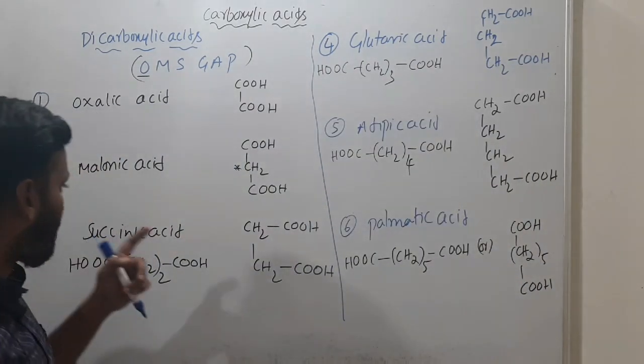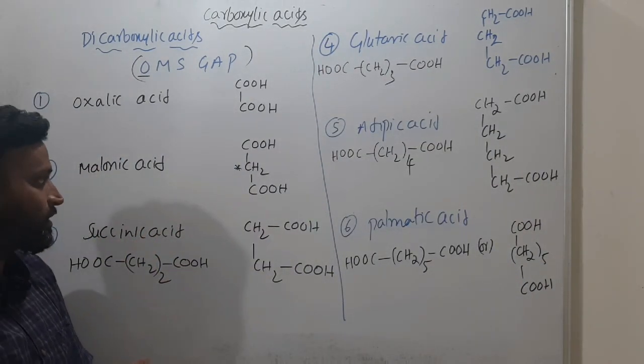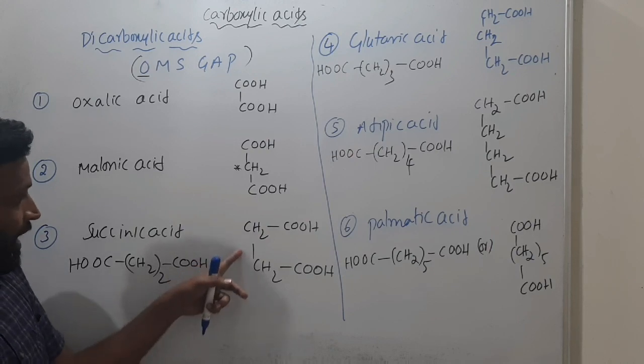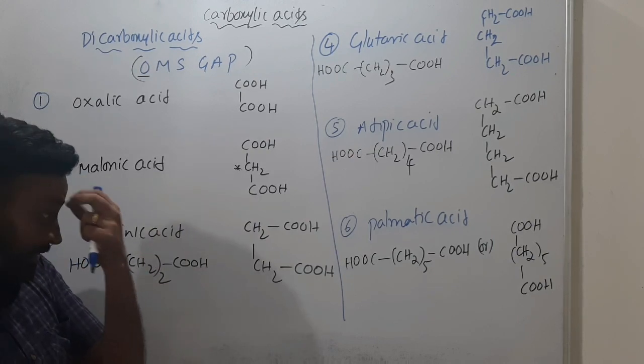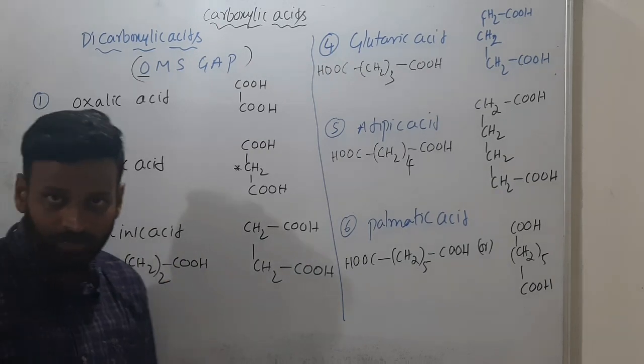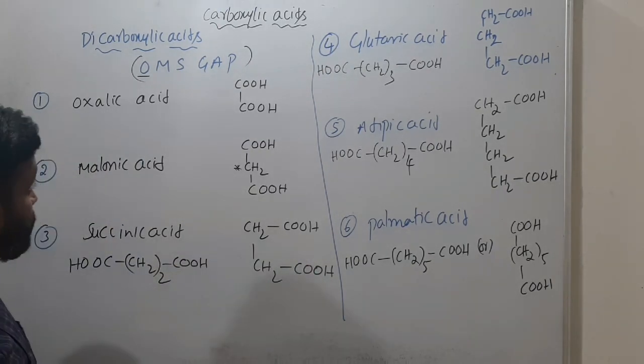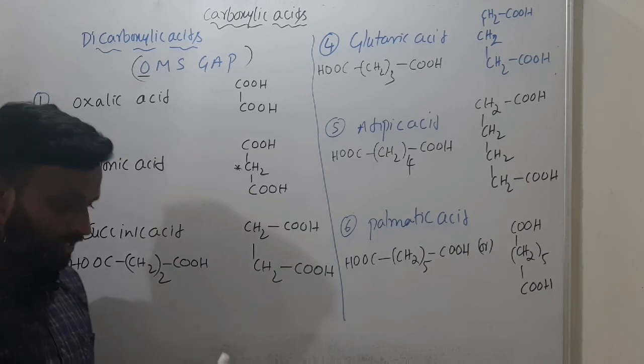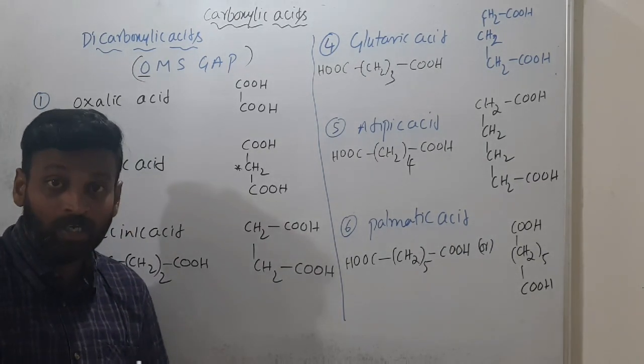And from this succinic acid you have a few more. If you have a double bond here, or if you have OH here, like that you have different carboxylic acids, and those also I will tell you. But this is the introduction, and tomorrow I will continue the class, and tomorrow I will give you preparation.